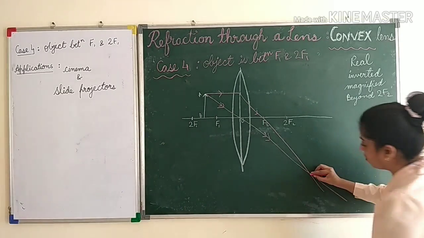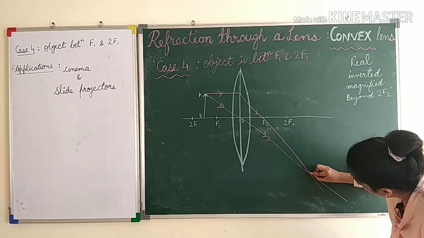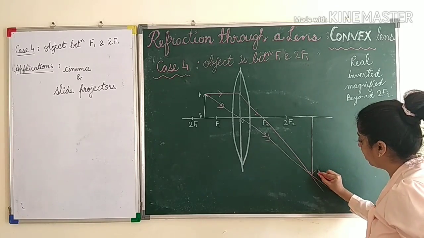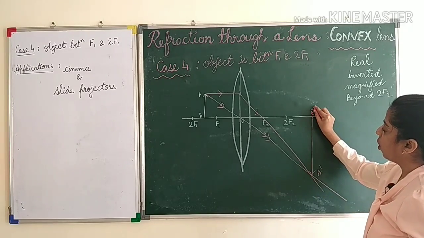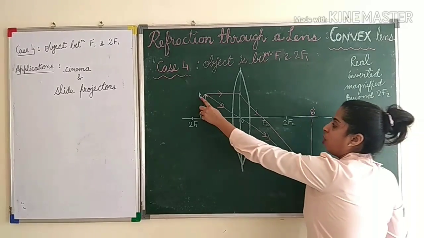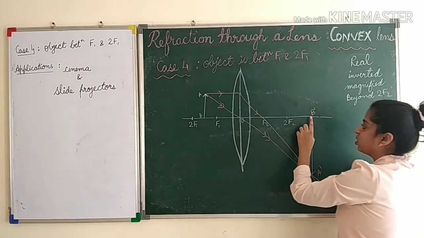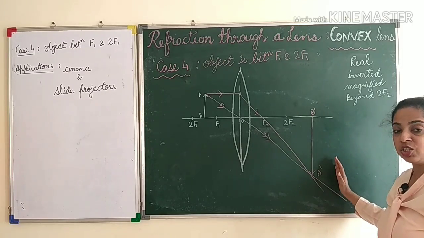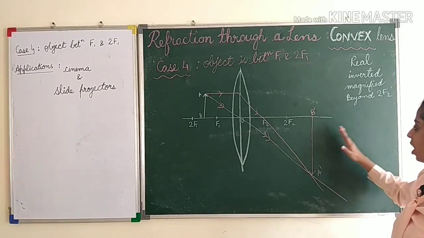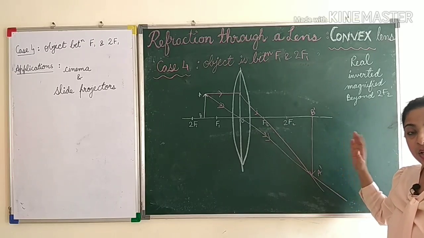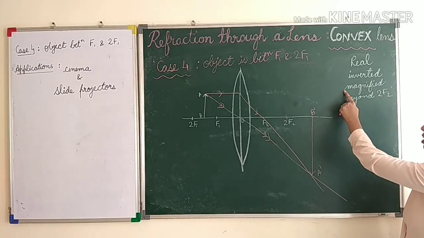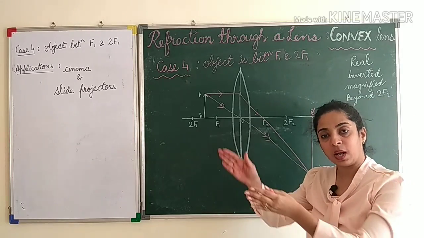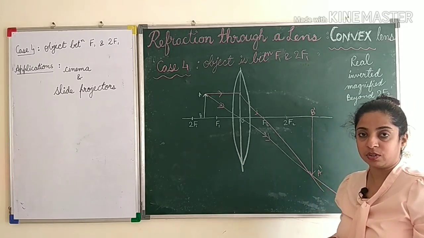Okay, so these two lines meet here. We'll draw an arrow here and the image tail on the principal axis and label it as A dash, B dash. Always make sure that A dash or A is at the top and at the tail it is B. So here you can see it is a real image, inverted image, enlarged or magnified image, and it is formed beyond 2f2. Children, please remember, don't write here highly magnified or highly enlarged. We use the word highly only when there are parallel lines coming in or coming out, right?